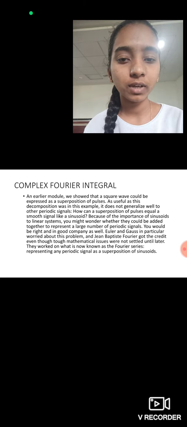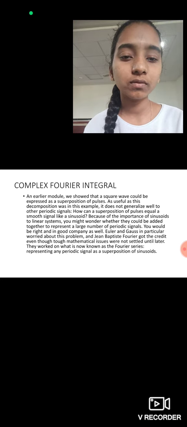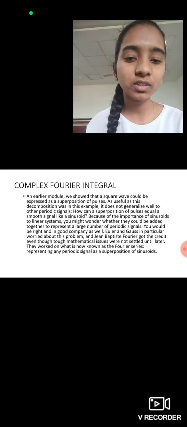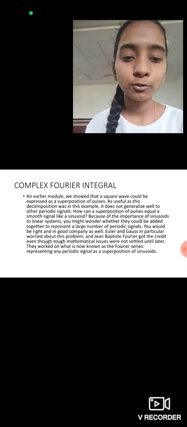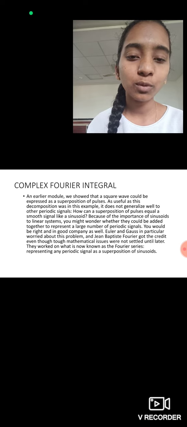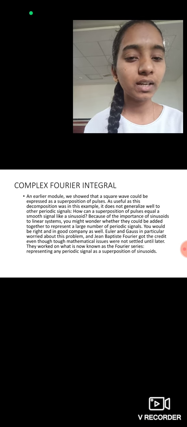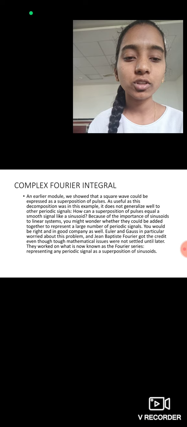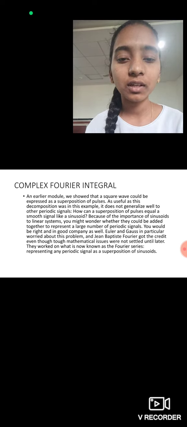Complex Fourier transform. In an earlier module we showed that a square wave could be expressed as a superposition of pulses. As useful as this decomposition was in the example, it does not generalize well to other periodic signals. How can a superposition of pulses equal a smooth signal like a sinusoid? Because of the importance of sinusoids to linear systems,